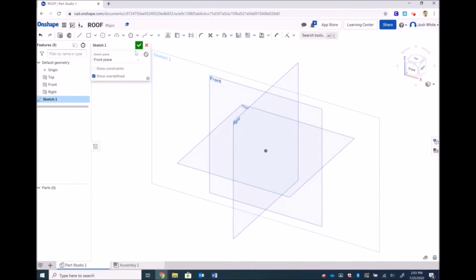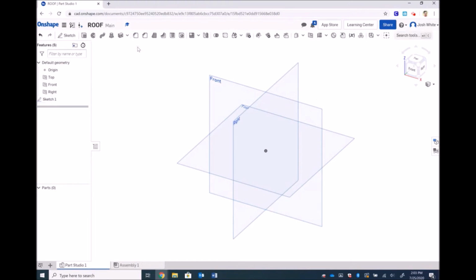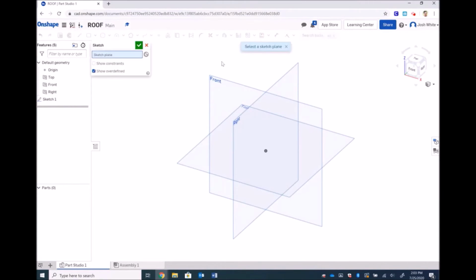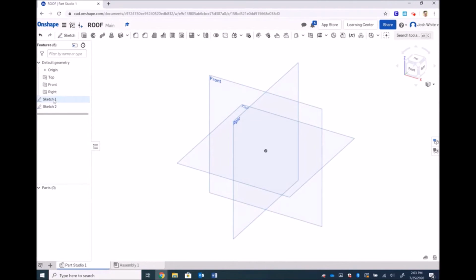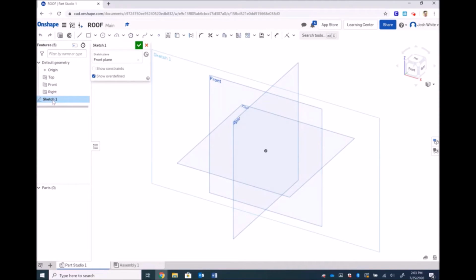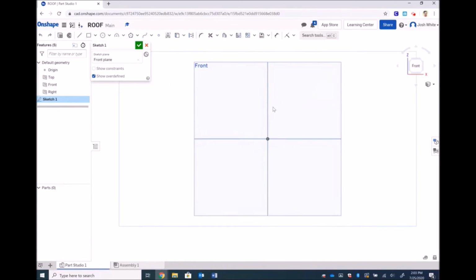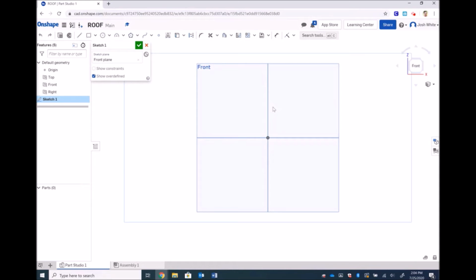We will start a sketch on the front plane. Now I press the check mark, and I did a little oopsie for you to look at. Now what do I do? It doesn't super matter, I could start another sketch. But now I have two sketches over here in our feature pane. I'm going to delete this first one, and then the second one, and then double click on the first sketch. Click on the front of the view cube,